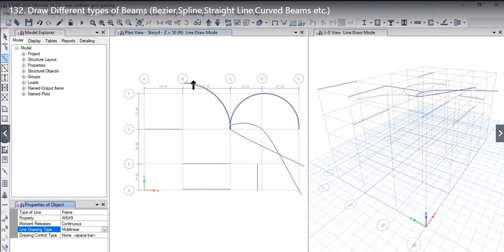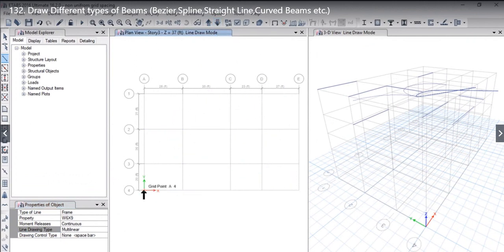To understand the multilinear curve, I would like to go to a different level. Let us move down in the list. The multilinear curve is like this. Here you have seen that we have just drawn a different type of line with the help of different points. That is, we have selected 1, 2, 3 and 4 points. Like in geometry or in simple mathematical concepts, it is just a line that is multilinear and is drawn with the help of separate points.